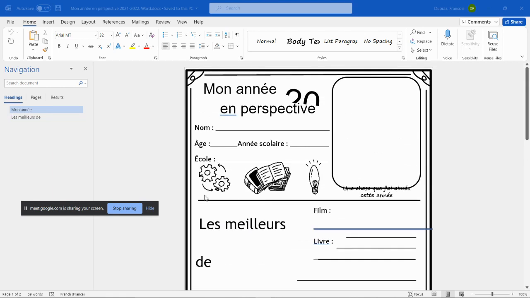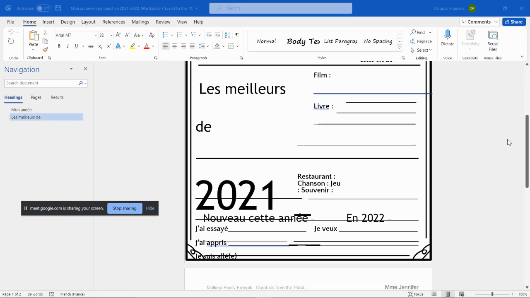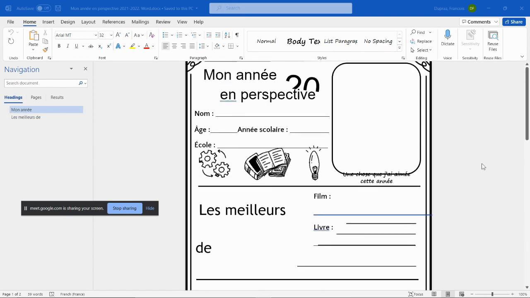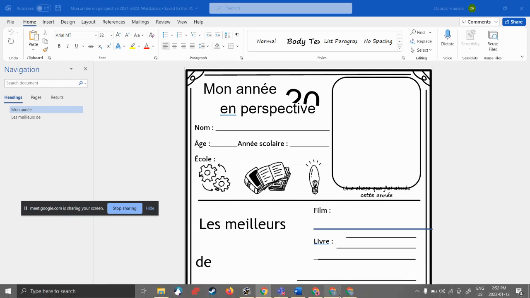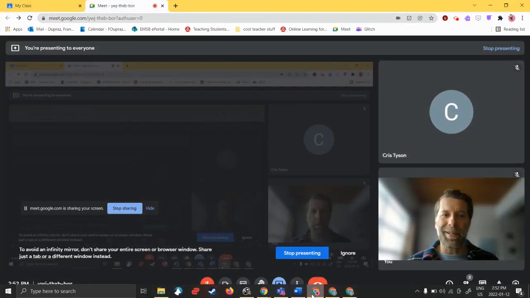So what's happening is I am showing them my whole screen, and they will be able to see this entire document. They'll be able to see the layout, everything. So let's say this is something I want them to do. I'm sharing my screen with them. I'm going through it. I can kind of flip back and forth